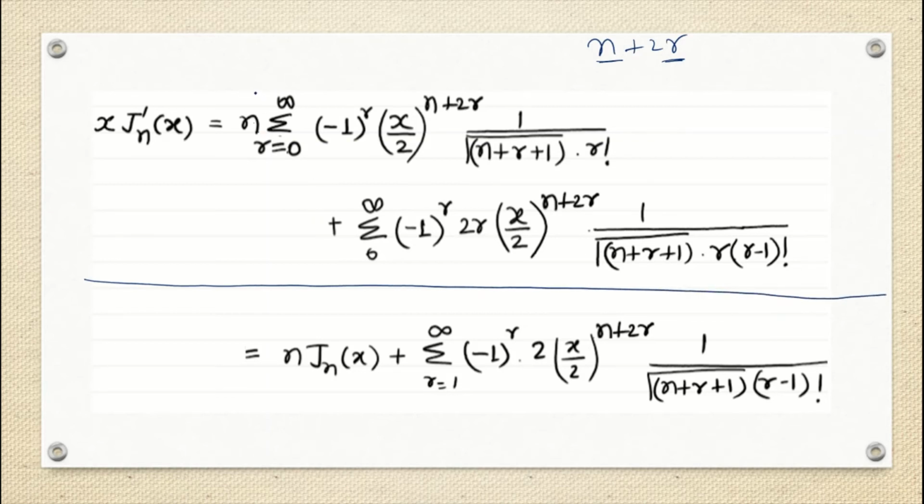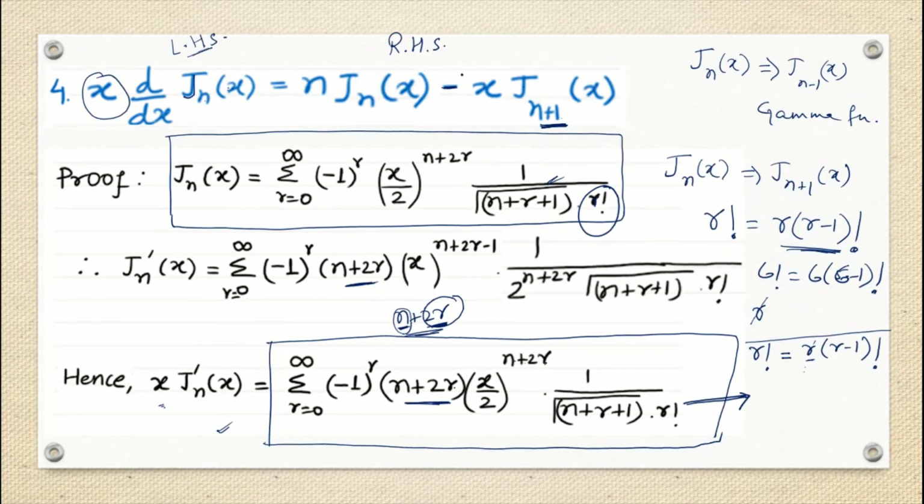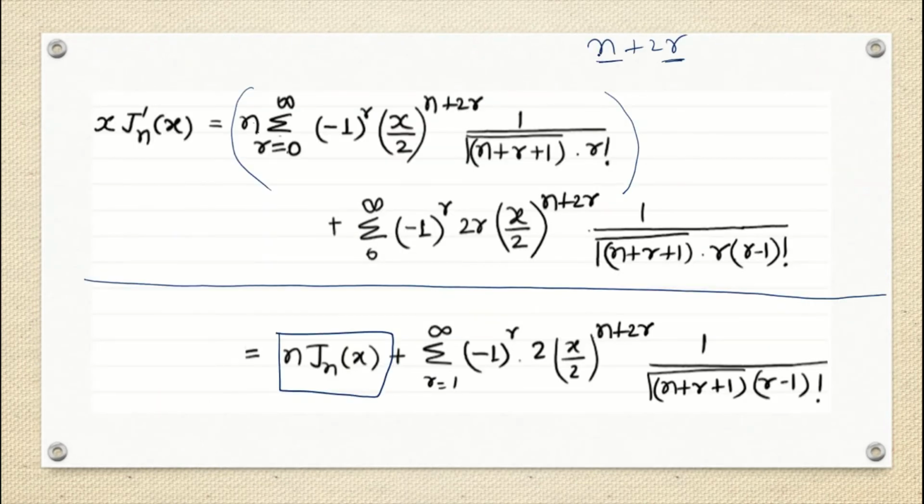And this is nothing but my n into Jn(x). Why n into Jn(x)? Because the n is having only one n plus 2r, and then n plus r plus 1. So this complete thing is of nth order only. So I have written down n Jn(x), right? So one term I have got, right? And the second term should be negative of n into Jn plus 1(x). So I have to do some arrangement to have this second term, right?